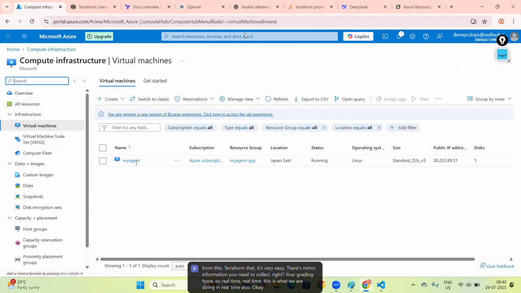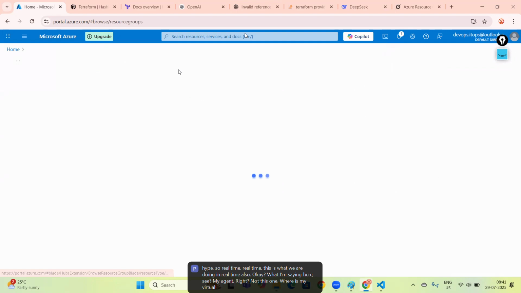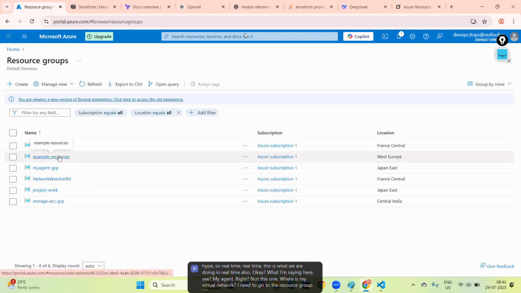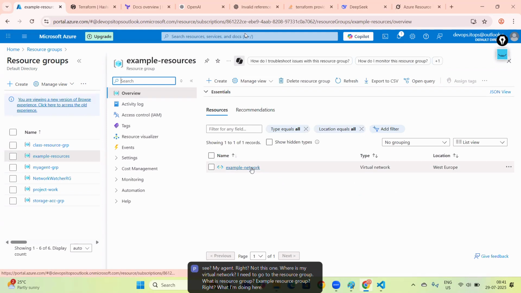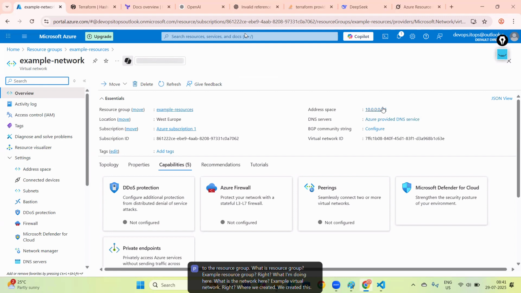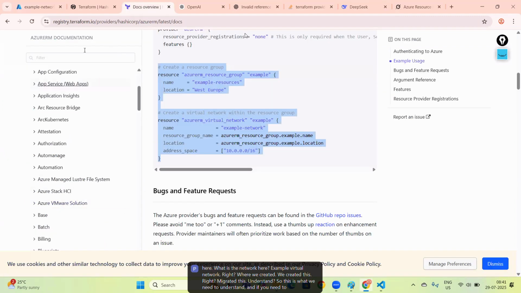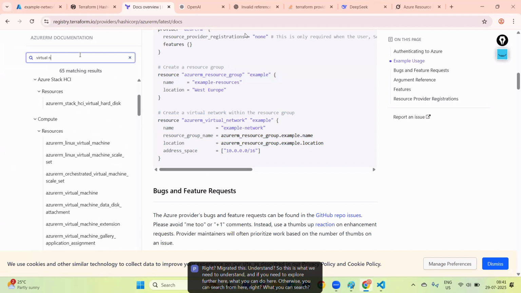What I'm saying here, see, my agent, right? Not this one. Where is my virtual network? I need to go to the resource group. What is a resource group? Example resource group, right? What is the network here? Example virtual network, right? Where we created this? We created this. Understand? So this is what we need to understand. And if you need to explore further, otherwise you can search from here, right? What can you search? You can go to the